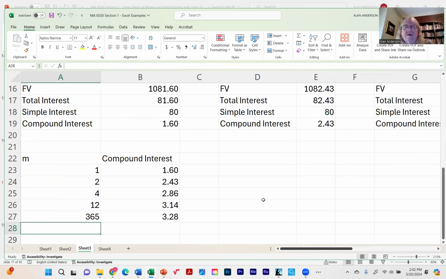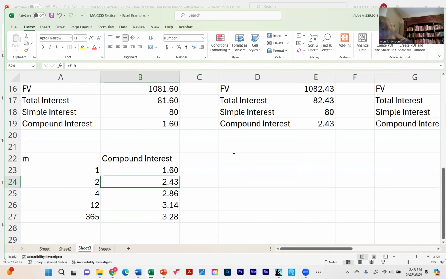All right, so here's what I want you to notice. When we keep increasing the compounding frequency, the compound interest is going up, but it's going up progressively more slowly. Towards the end, jumping from monthly to daily, it only went up 28 cents, whereas when we go from just once to twice a year, it went up more than 50%. So if you can imagine plotting these out,